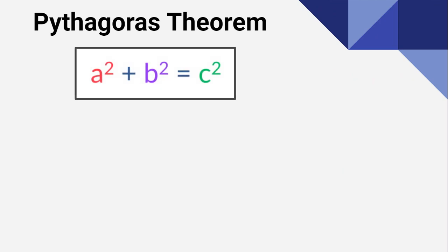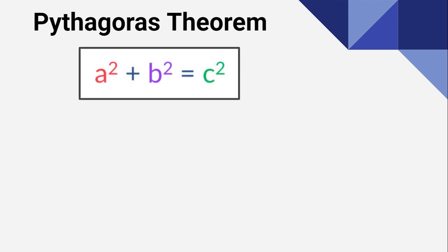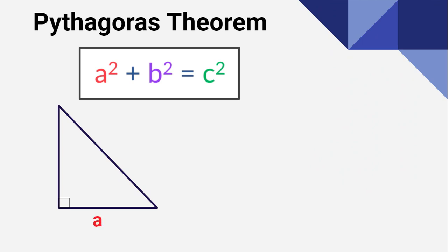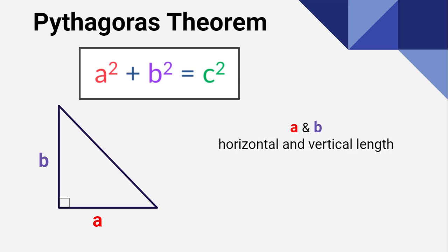So it's something like this. a squared plus b squared is equal to c squared. The right angle triangle, as you can see, has three lengths. One of them is a, one of them is b. Now, the a and b are basically the horizontal and the vertical length. It doesn't matter what order the lengths are in. You can put the a on the top and the b as your base, but it is very important which